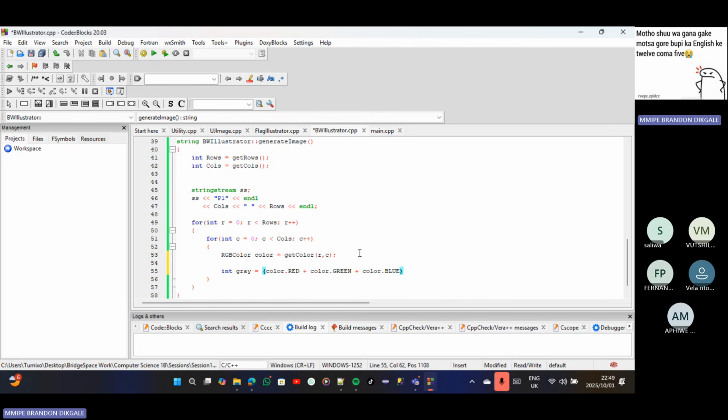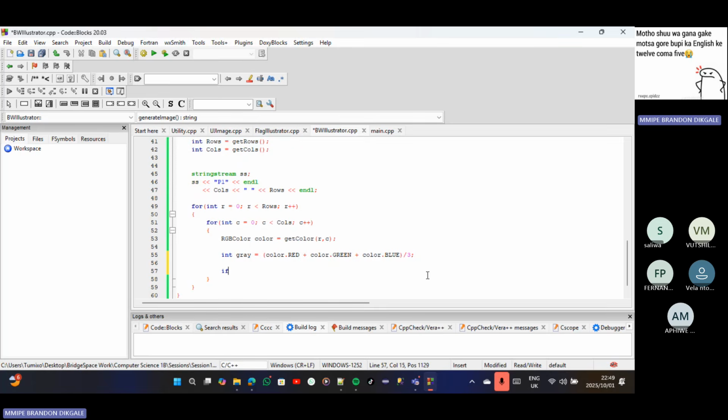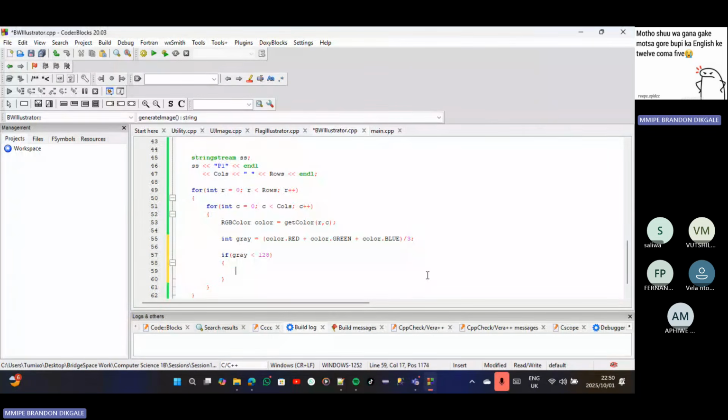So we're gonna add them together and divide them by 3. Basically what we're doing is getting an average. Then after getting an average, we check if that average is less than 128. If the average is less than 128, we say ss, then we give it 1, and we make a space,